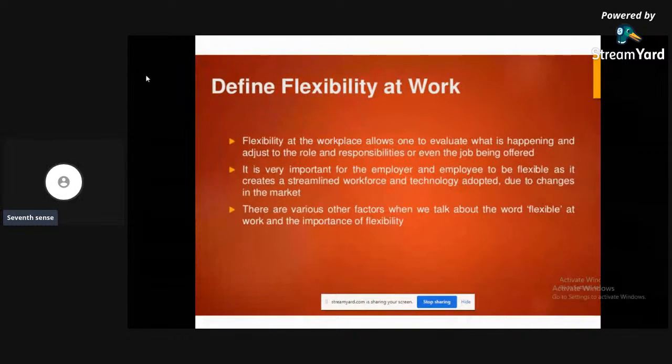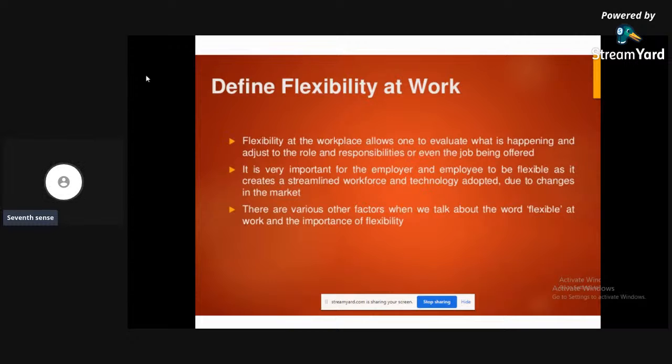Being flexible in the workplace looks like this. Flexibility is being willing to give way to the influence of others, not invincible, rigid, or obstinate. This is the dictionary meaning of flexible.